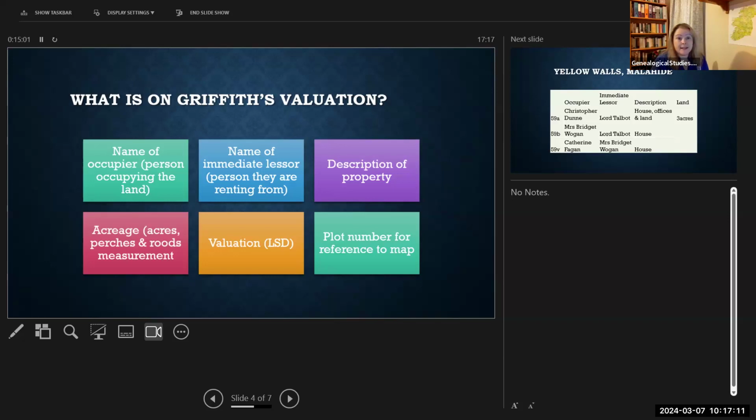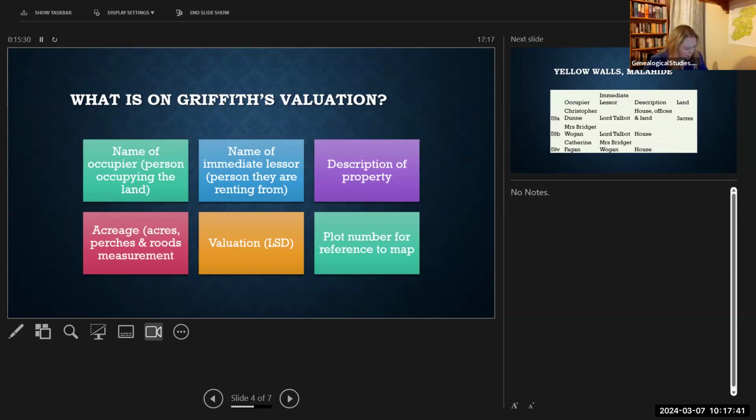So if you're tracing, say, the history of a particular house, it's very useful to be able to start at a point that you know, okay, I know these people lived in this house in 1920, and you're able to go backwards and forwards and see who was in charge of that property, who was paying the rates on it right through the full gamut of time, which is really, really helpful. And people love to see that if you start with Griffith's valuation, you can go forward in time. And so sometimes that helps you identify family members who are still living in a location.